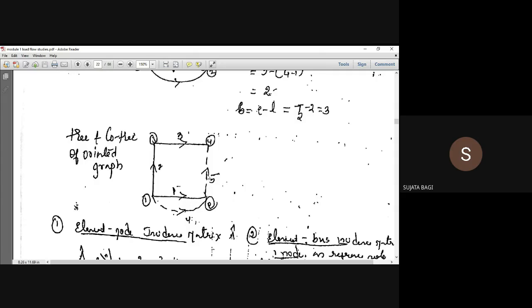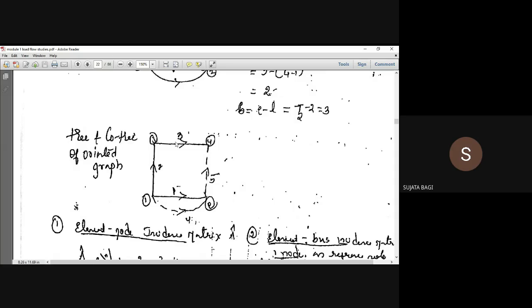And links always form loops. See, if I remove these links, it is an open loop. If I add this link 4 here, it will form a loop. If I add link 5 in between 2 and 4, it will form a loop. So how many loops here? 2 loops. So the number of links is equal to the number of loops. So 2 links, 2 loops.